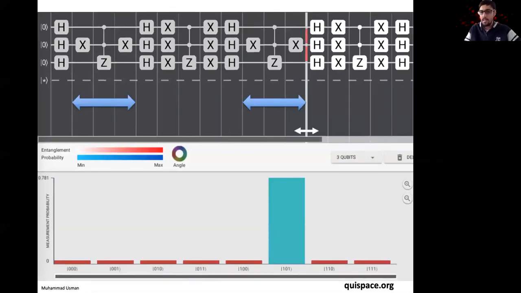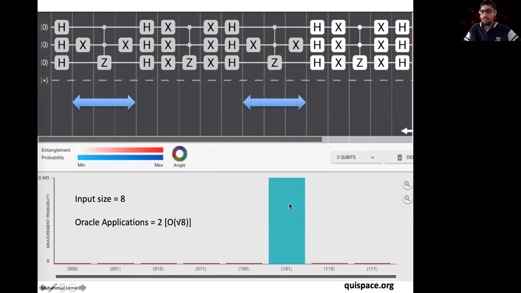You again select 101, and you again increase it further. By just applying this quantum search twice, you have increased the probability of the desired outcome 101 to